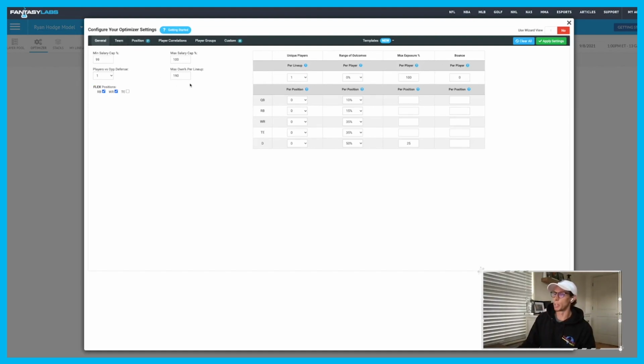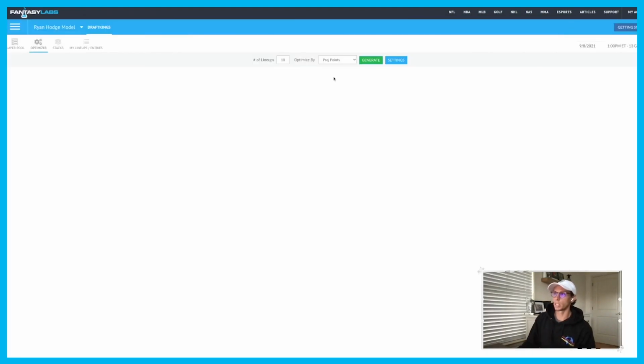And you'll notice my template has it set to max ownership of 190%. This, once again, I change based off of the slate. If I think that it's more or less condensed, I basically start to mess with this number and how unique and different I want my lineups to be throughout 150 or 300, so on and so forth. I will change this, and we can apply all of these settings. We can generate some lineups here,